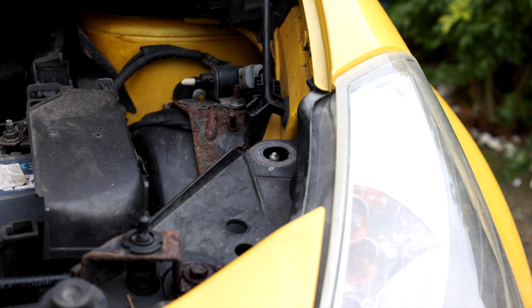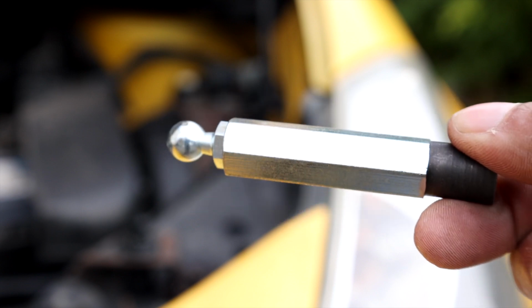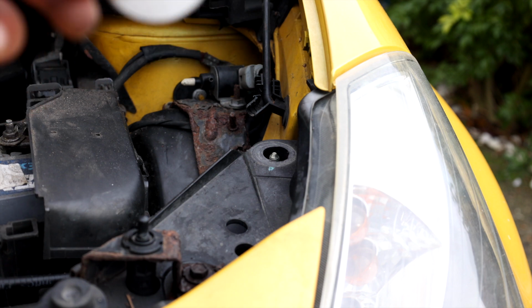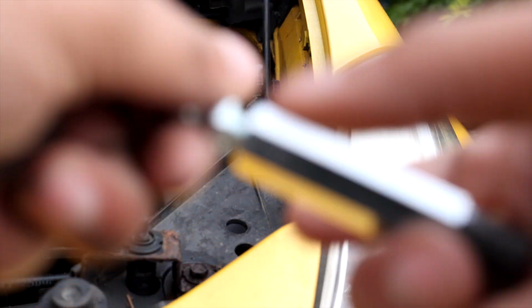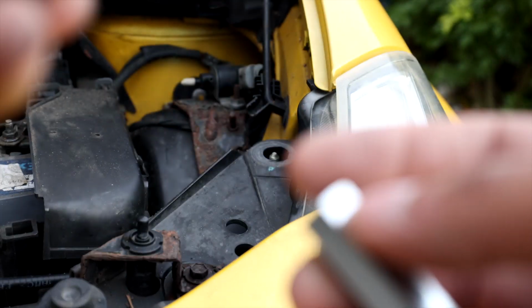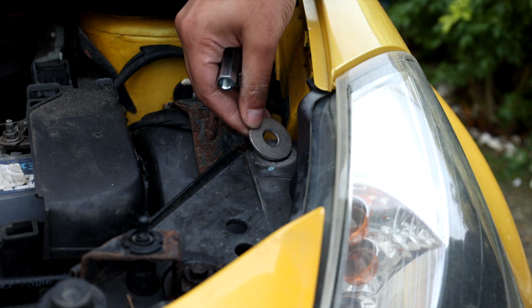Alright, so once that's all done, next thing you want to do is grab your assembly from earlier, your ball joint and your hex, and grab the biggest washer that's in the bag. So you want to grab this washer here. What I did is I just quickly took this ball joint off, purely to make it a bit easier, because I didn't have a deep socket set with me at the moment. And essentially what you do is put that on there,